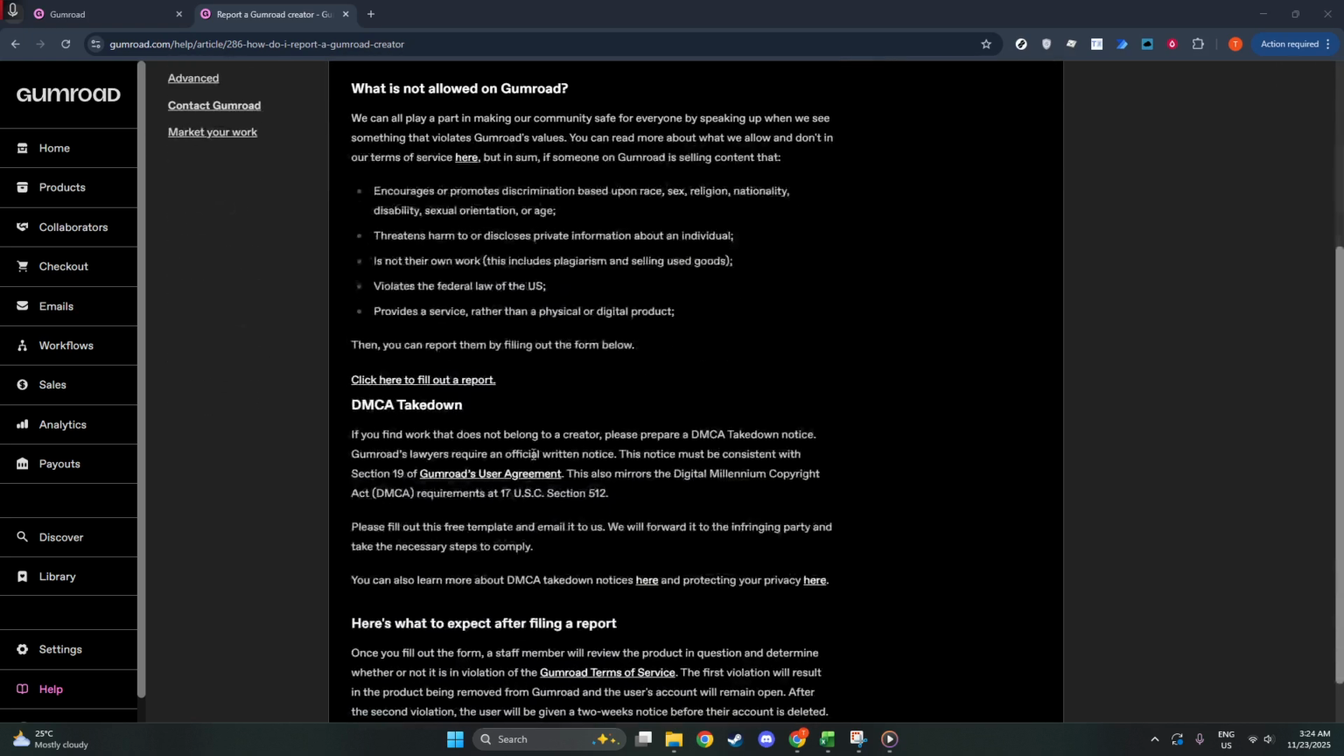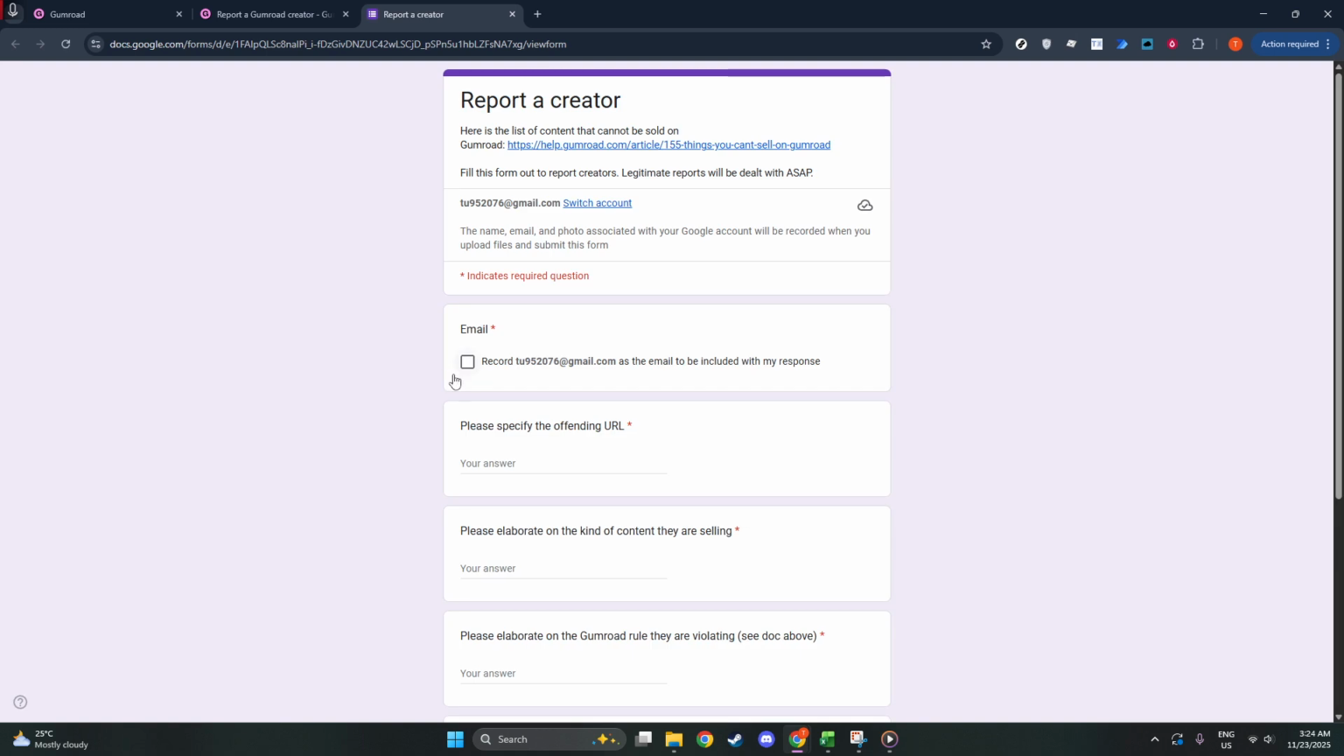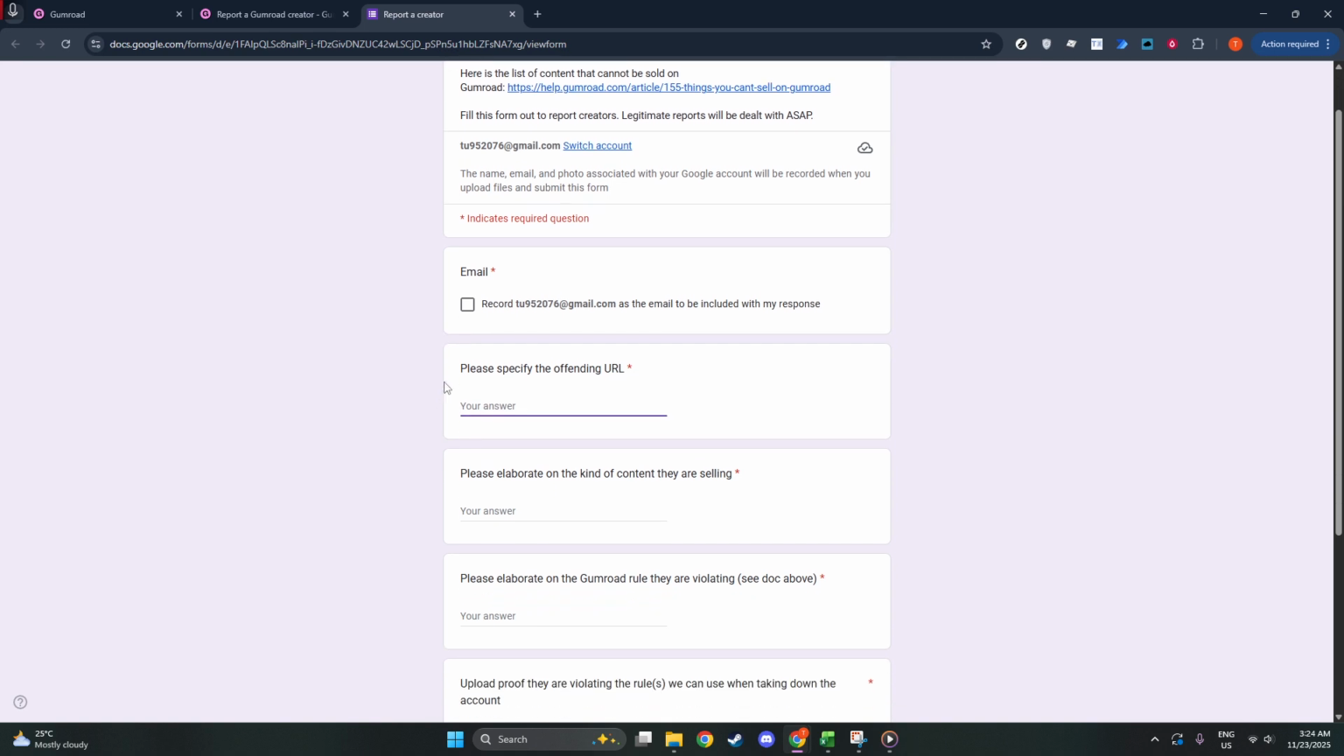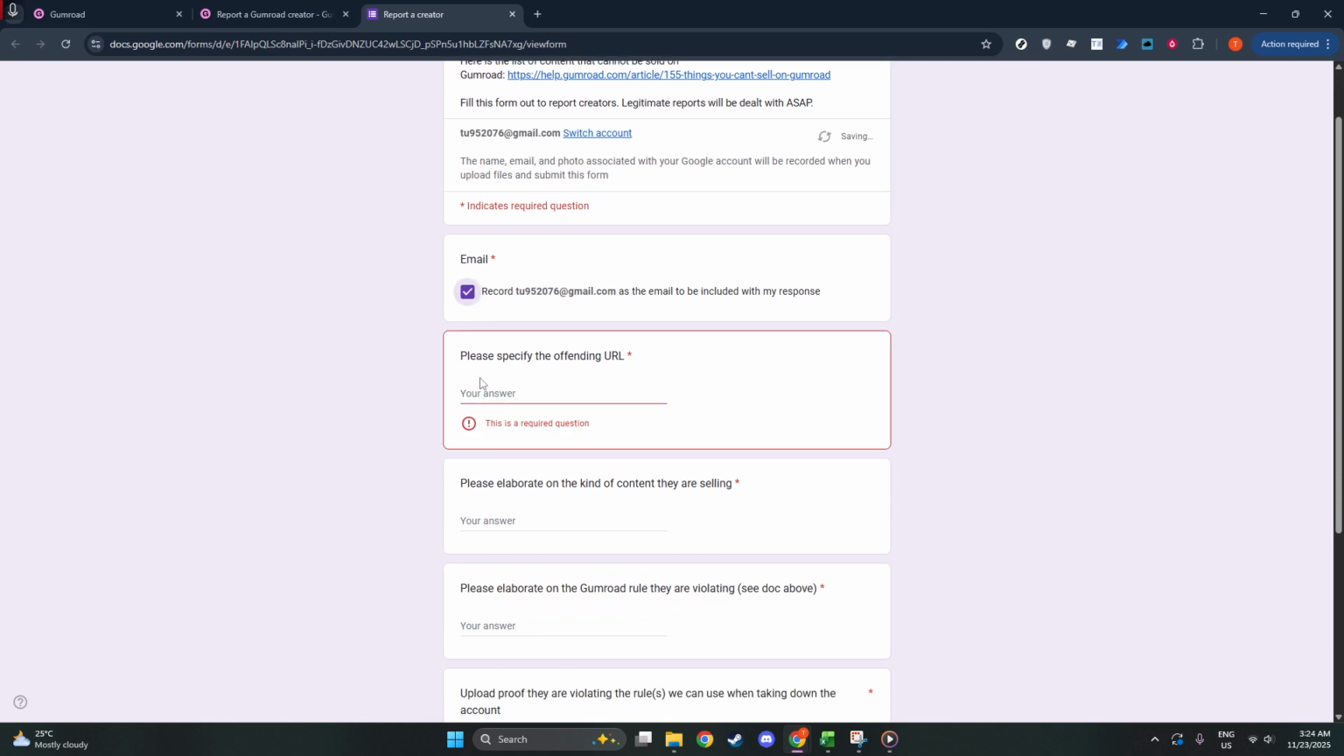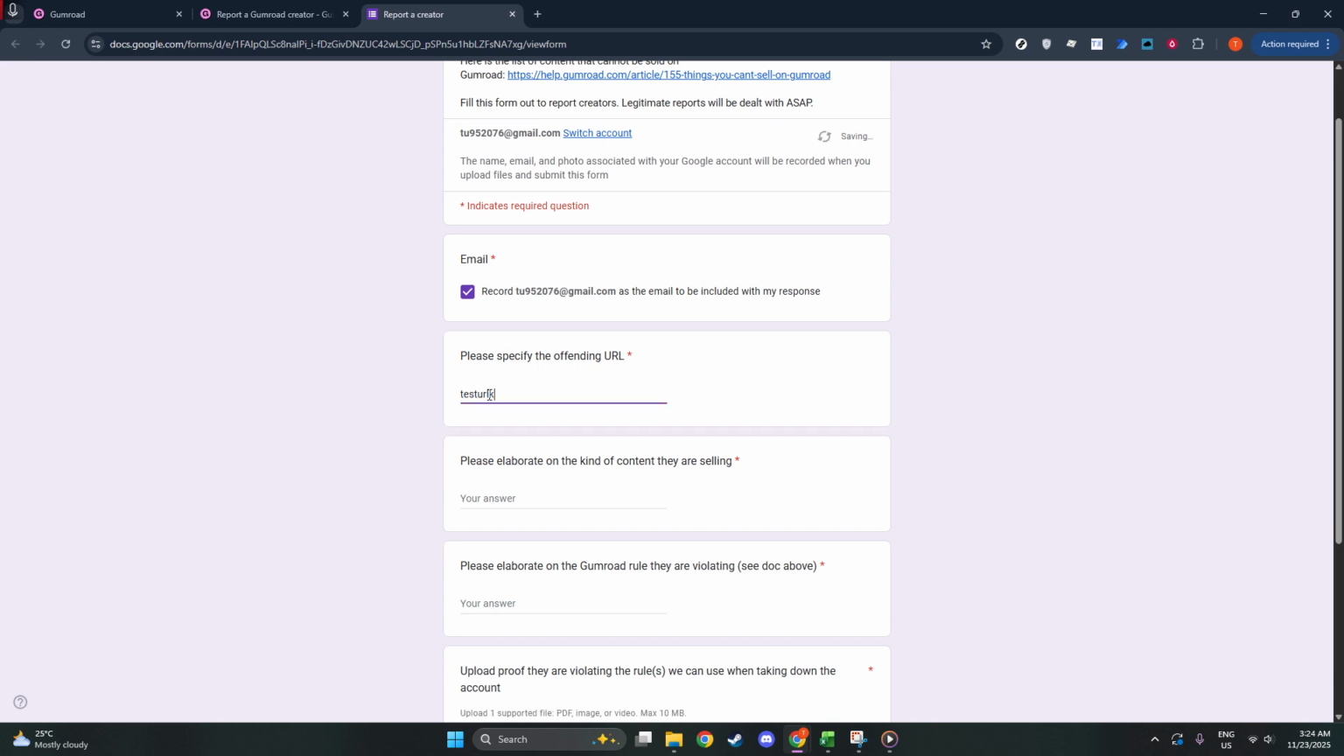Once you're on the page, you'll see a form designed to capture exactly what's wrong. Use the form to describe the issue in clear, factual language. Choose the category that best matches the problem: copyright infringement, hateful or abusive content, or illegal activity. Keep your explanation straightforward: what the content is, where it appears, how it violates Gumroad's rules, and what led you